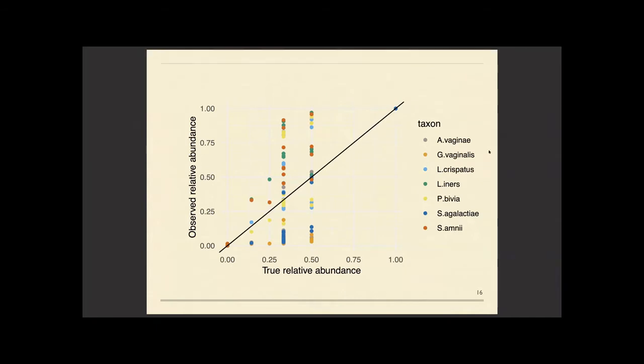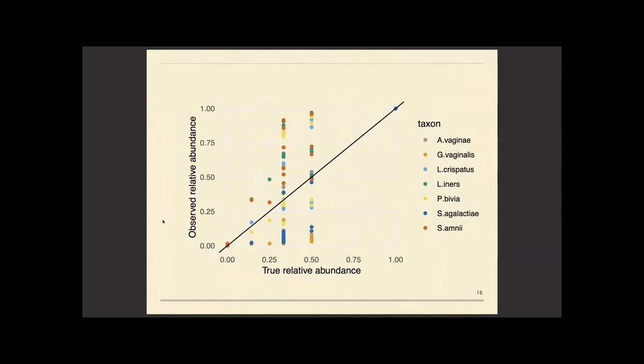Okay, so just to really hammer that point home that observed relative abundances are not good estimates of true relative abundances, even for simple artificially constructed microbial communities, we can see that we have almost no correlation between true and observed relative abundances. But if we start to look a little more closely, we see maybe some more consistent patterns.